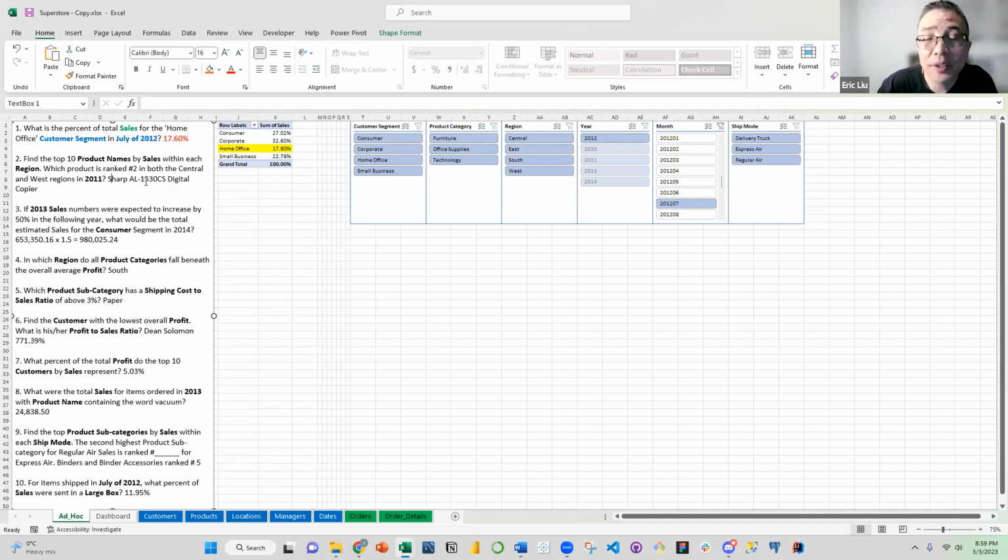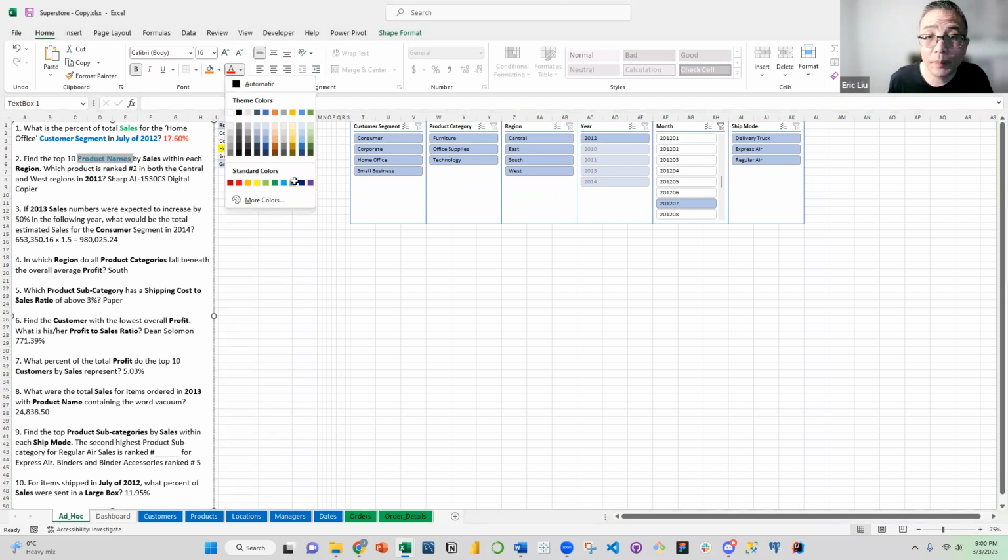It's really, really important to know that just like anything, before you get busy with a solution, you need to understand the problem first. It's worth your time to ask questions and validate your assumption so that you know that you will work on the right problem. The same is true with this. So if you read the question, find the top 10 product names by sales. So right away, you know this is what? This is